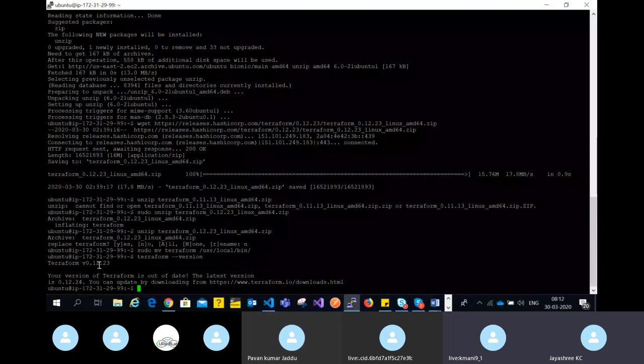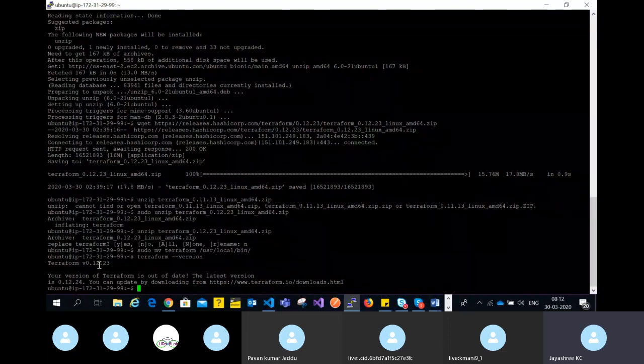These are the steps that you would have to follow with your Linux machine. But in your Windows machine, you can go to the Terraform documentation and click on the downloader. That we will anyway see in the next class. So now your Terraform is done. Let's go ahead and create a